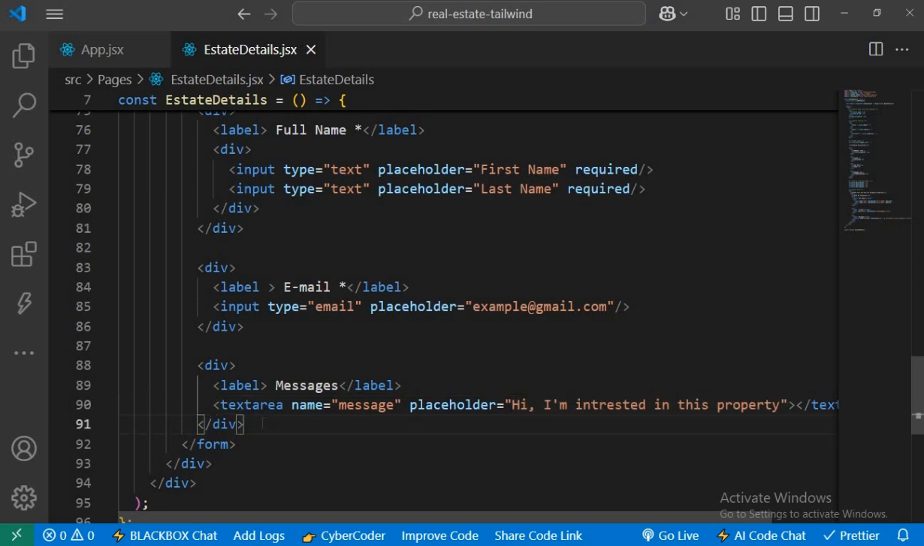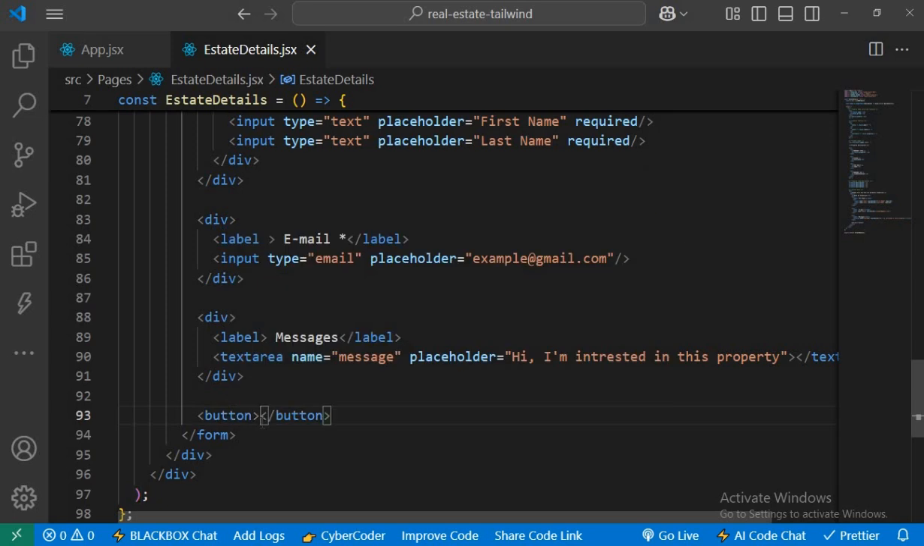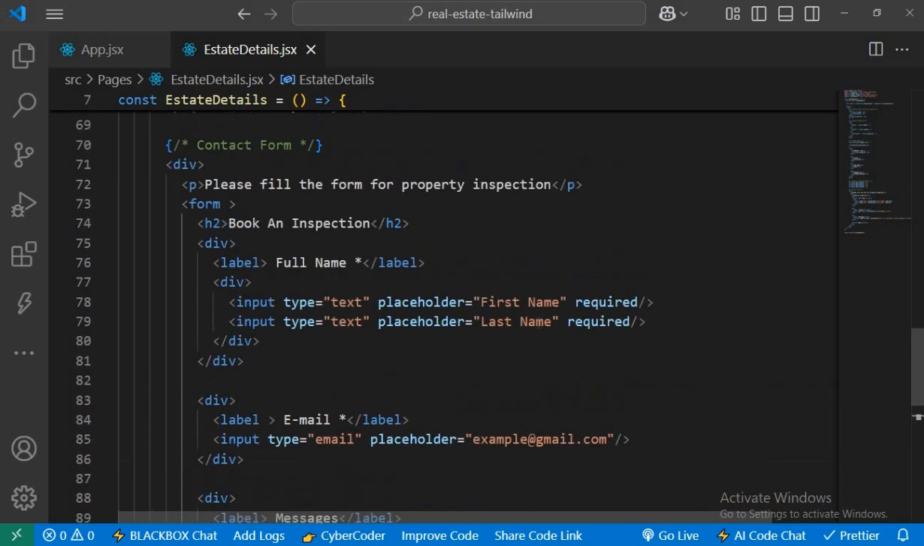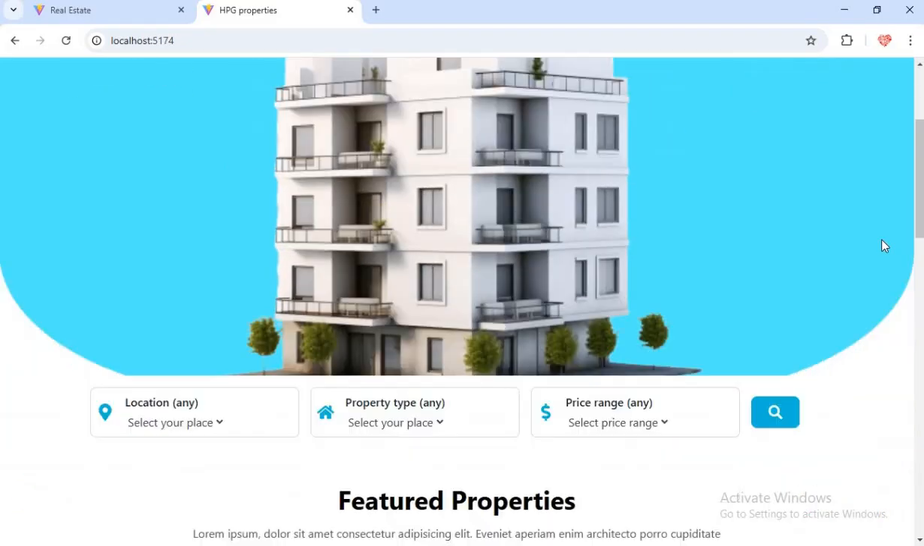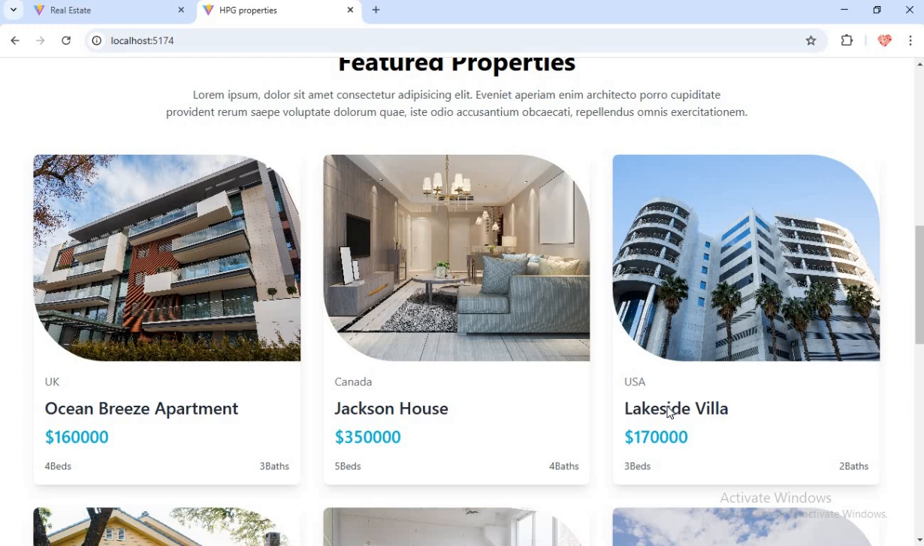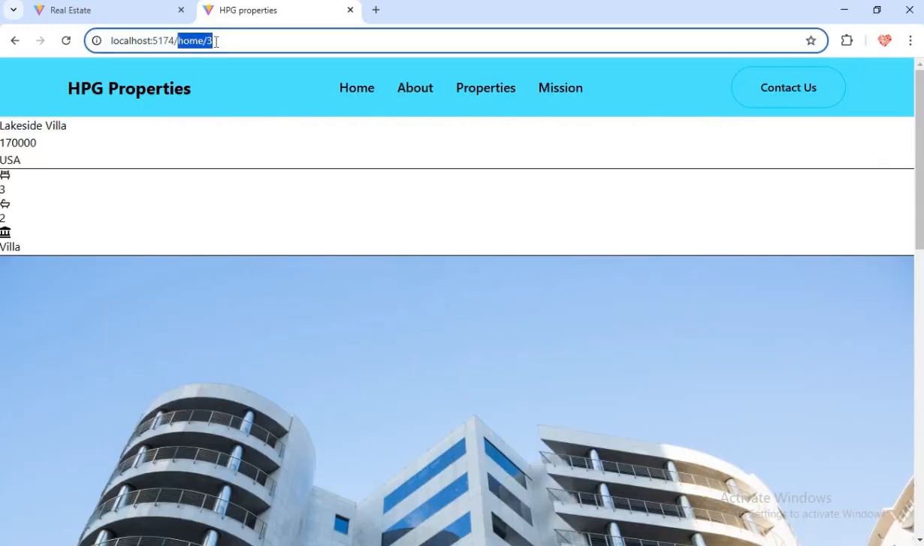So we're going to create a button now after this, and it's going to be a submit button. So the text here is submit. So this is for the estate details. So we're going to click on any of the property and see if we're going to be seeing all of this. So now we're going to click on this property, and then we can see that this is the third